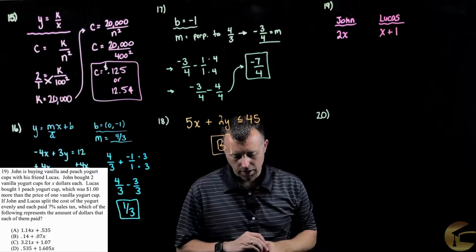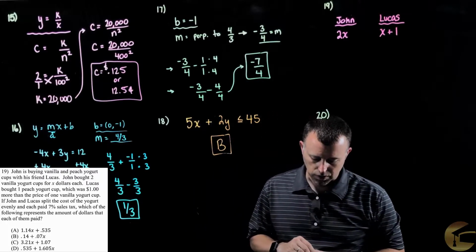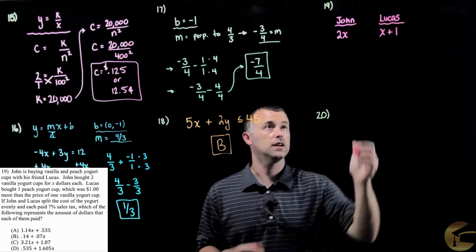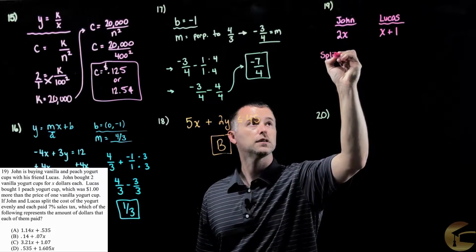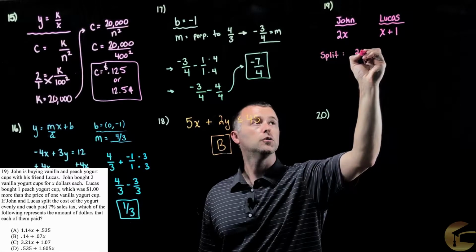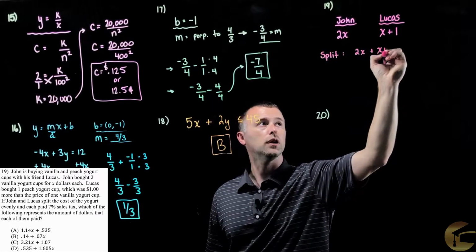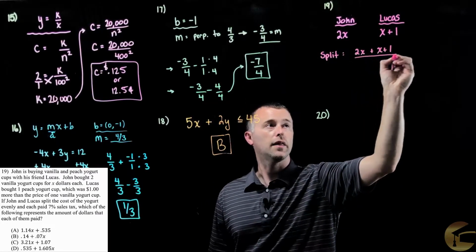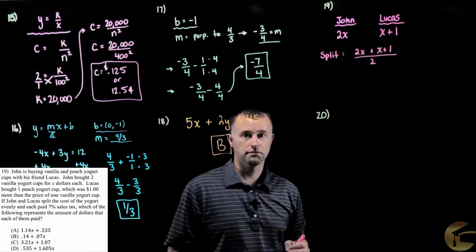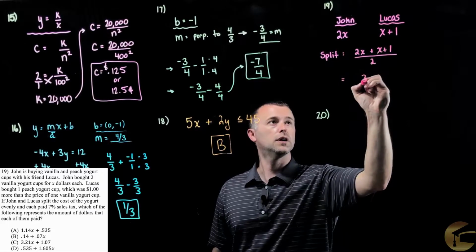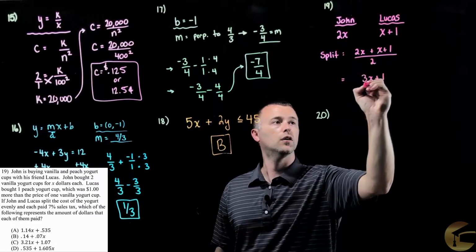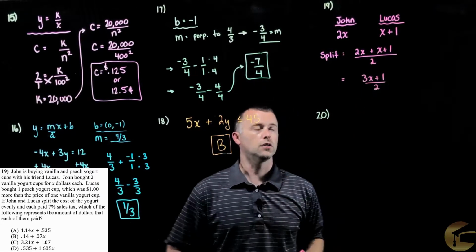Now that we have that, John and Lucas split the cost of the yogurt evenly. So if you're going to split something evenly, what we're going to do is go 2x plus x plus 1. We're going to take those 2 values, add them up, and divide by 2. That's how you split the cost. So when you split it, it's going to end up being 3x plus 1 over 2. So we split the cost,